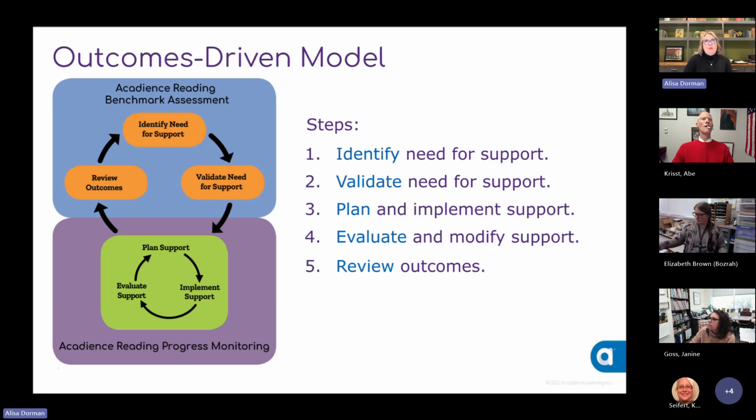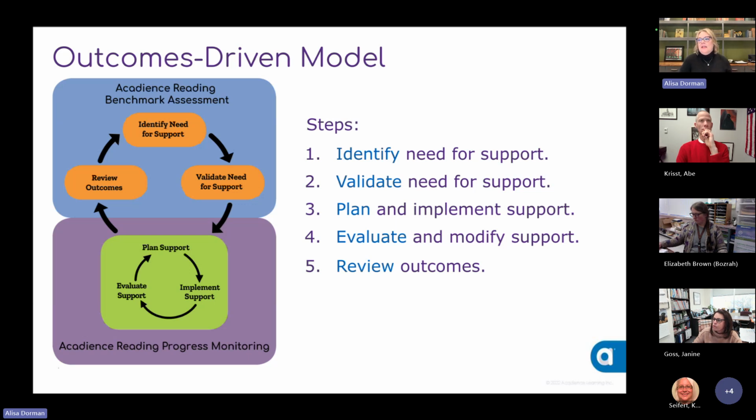The outcomes-driven model is a framework that we have used before in reference to all of our trainings. We anchor everyone into a framework so that we can help you see the use of data purposed at different times for different purposes, right? For different seasons of the year. You may have another decision-making model, and that is fine. We use this one more to illustrate the need for a framework to use data, but our data can be applied to other frameworks.